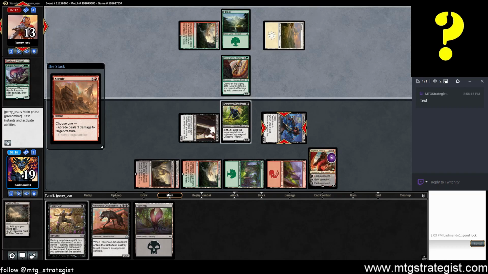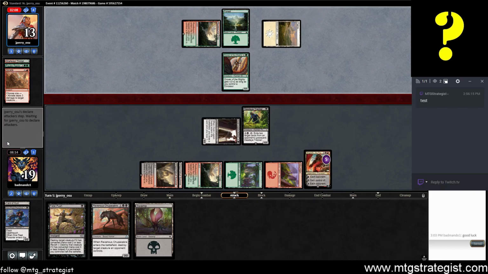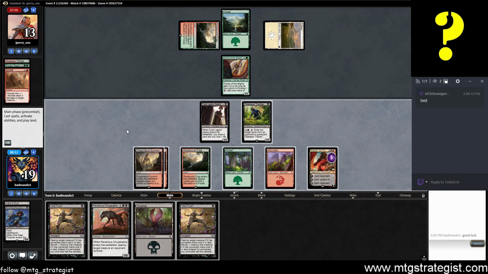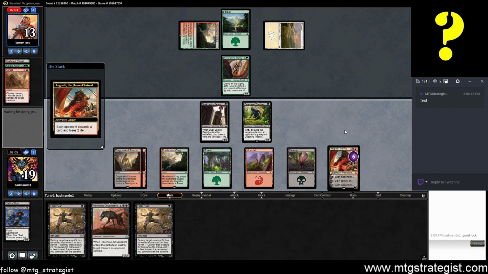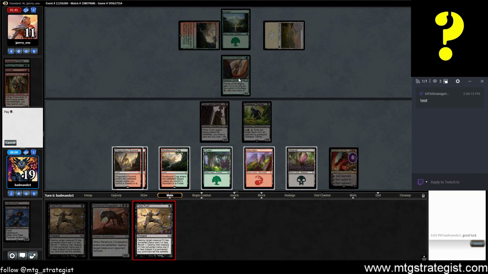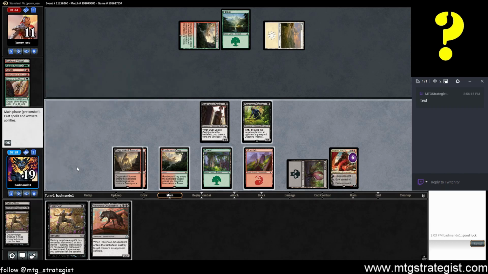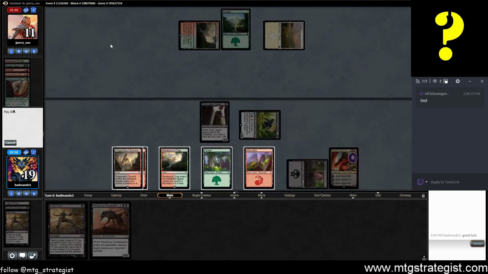Okay, so he's abrading my Deathgorge Scavenger. Alright. So I got many Fatal Pushes. I wonder if he put Blossoming Defense in there. I'll Fatal Push this creature to see if he has any Blossoming Defense going on. Let's see. Oh, Forerunner. So I'm gonna go ahead and